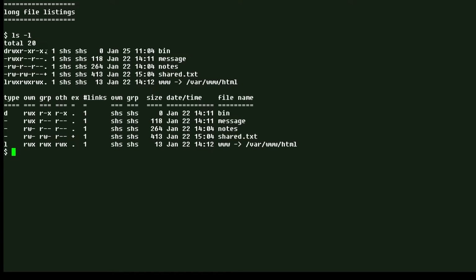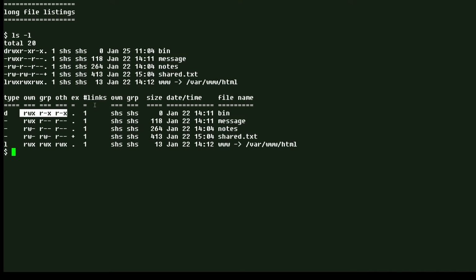Now there's another character you can see in here that's mostly dots, but one is a plus sign. Dot is a regular file, just nothing special, but a plus means that there are additional permissions besides those we see in here. So someone was given additional permission using the setfacl command.